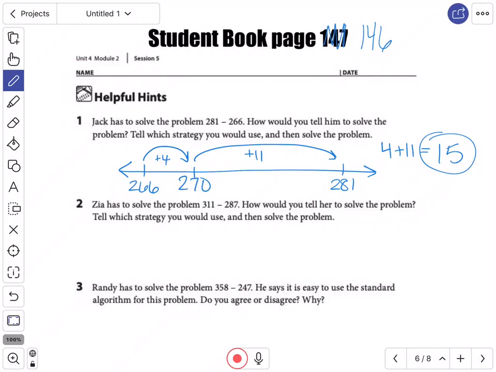If I move on to the next one, Zia has to solve the problem 311 minus 287. How would you tell her to solve the problem, and tell which strategy you would use then? Okay, so 311 minus 287. I probably would not use the standard algorithm for this one, just because there's a lot of regrouping